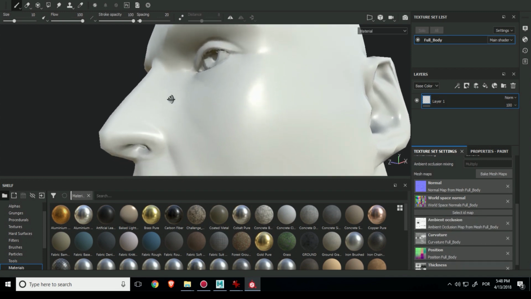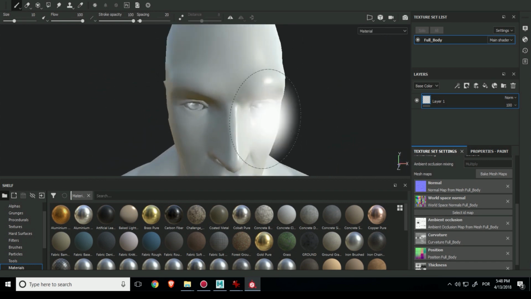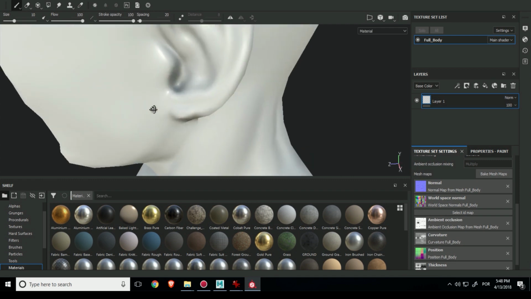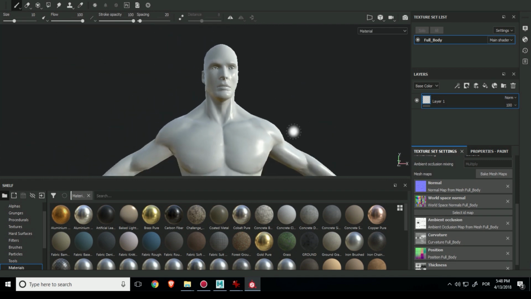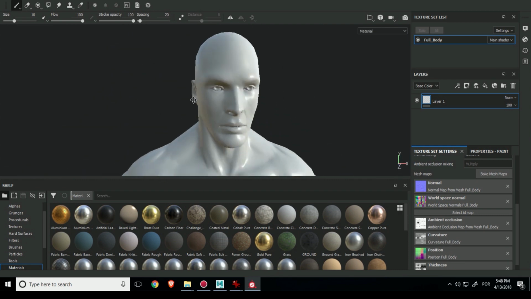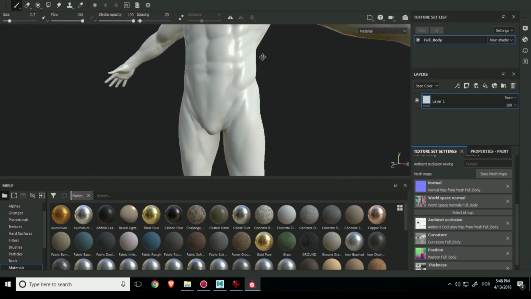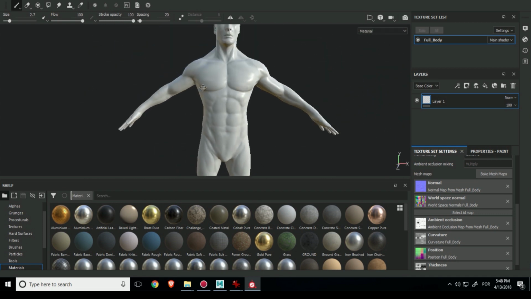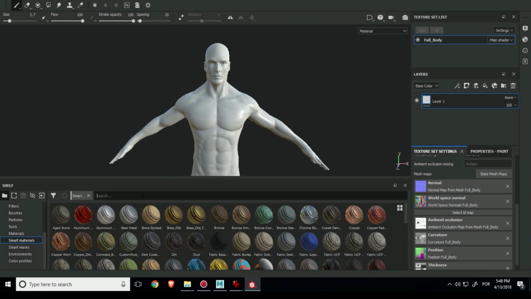And you know, there might be some artifacts, which, if it happens in this case, you could always try to bake somewhere else or do that. Unfortunately, I have these artifacts on the lips, oops, on the eyes here too. But anyway, point is, all I'm really gonna do is I have some more material here, which is skin